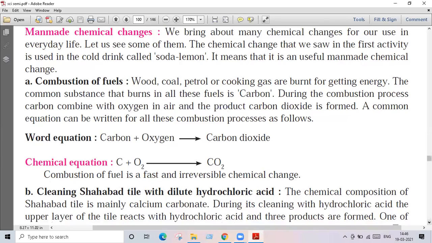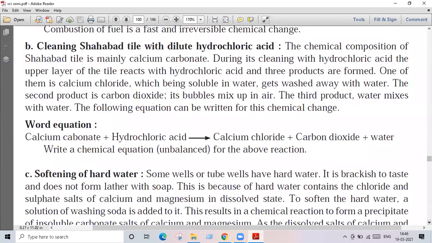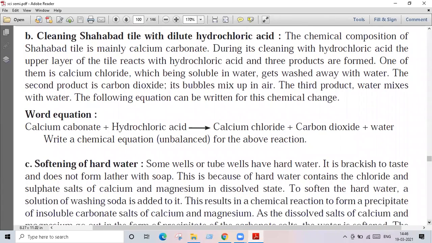One more example is given to you, that is cleaning of Shahabad tile with dilute HCl, that is hydrochloric acid. See, if you have seen old homes, the flooring there is a Shahabad tile. New homes have different tiles, but in an old house the small tiles on the floor are all Shahabad tiles. So what happens during its cleaning with hydrochloric acid, the upper layer of the tile reacts